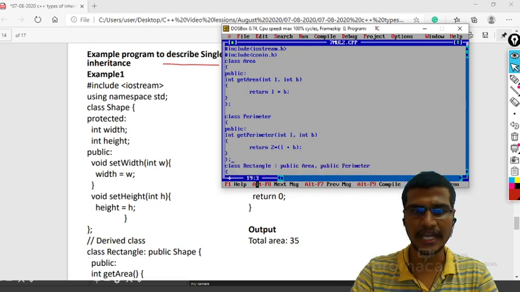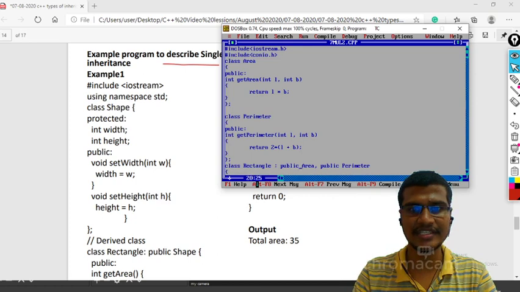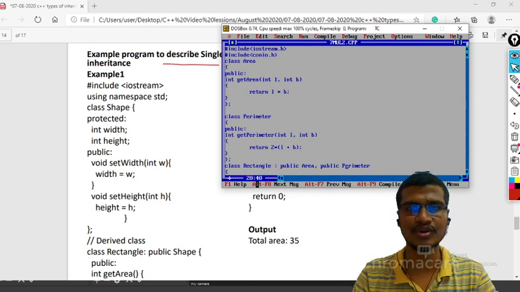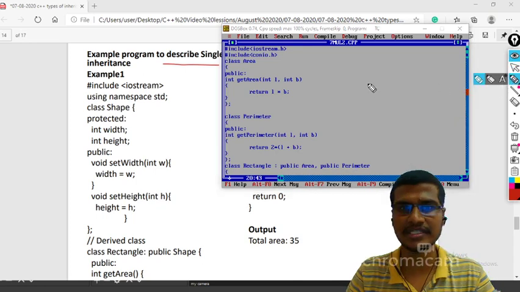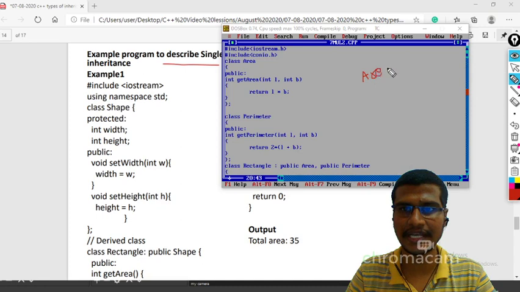Now I am creating a class rectangle which is derived from both area and perimeter publicly. So if I want to represent this in a diagrammatic manner, area is one base class, and another base class is your perimeter. Perimeter is another base class.